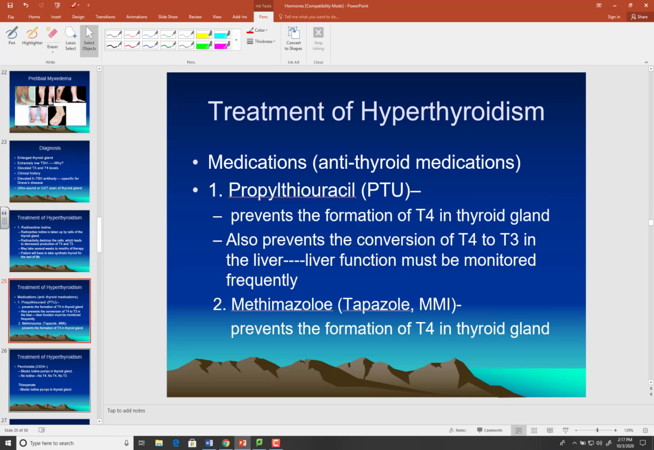The other treatment is propylthiouracil, and basically what that does is that prevents the thyroid gland from making T4. And it also prevents the liver from converting T4 into T3. And because it's kind of toxic to the liver, these people have to have their liver enzymes monitored very closely. And methimazole,